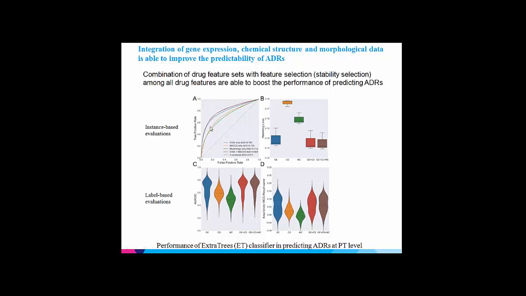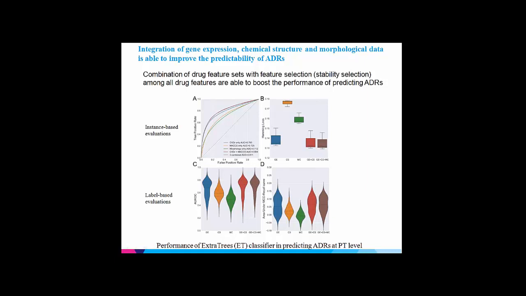So here I basically only used the 251 drugs that have both gene expression profiled in L1000 and morphological features profiled in the other project. So we can see that the blue is the performance of gene expression in predicting ADRs at